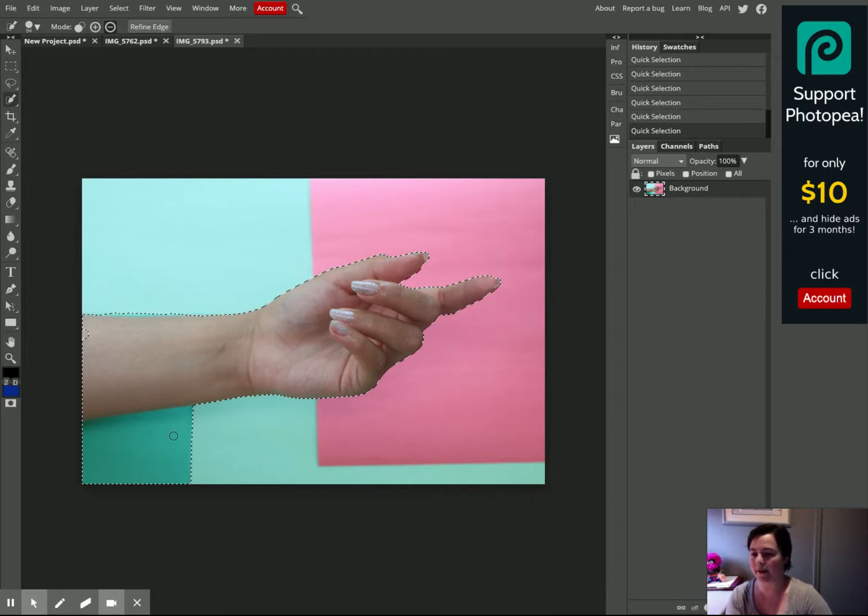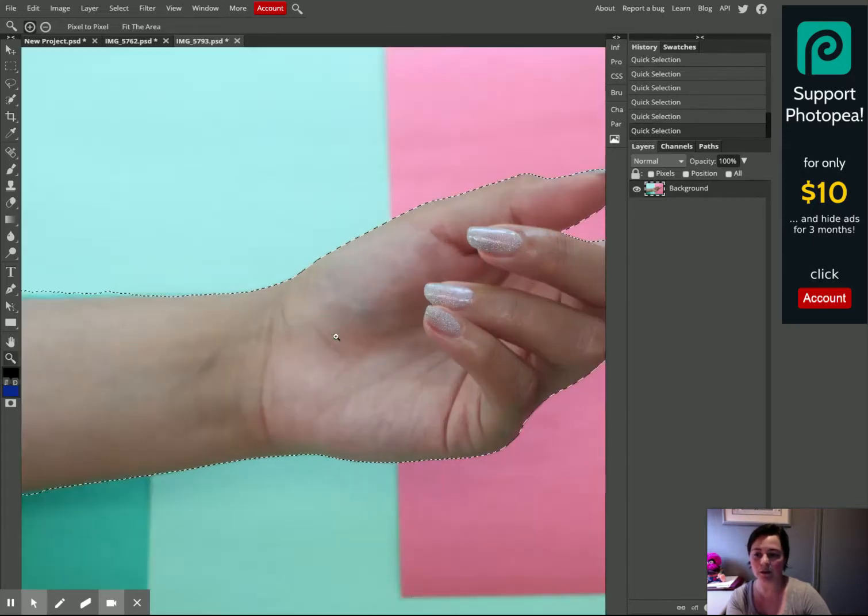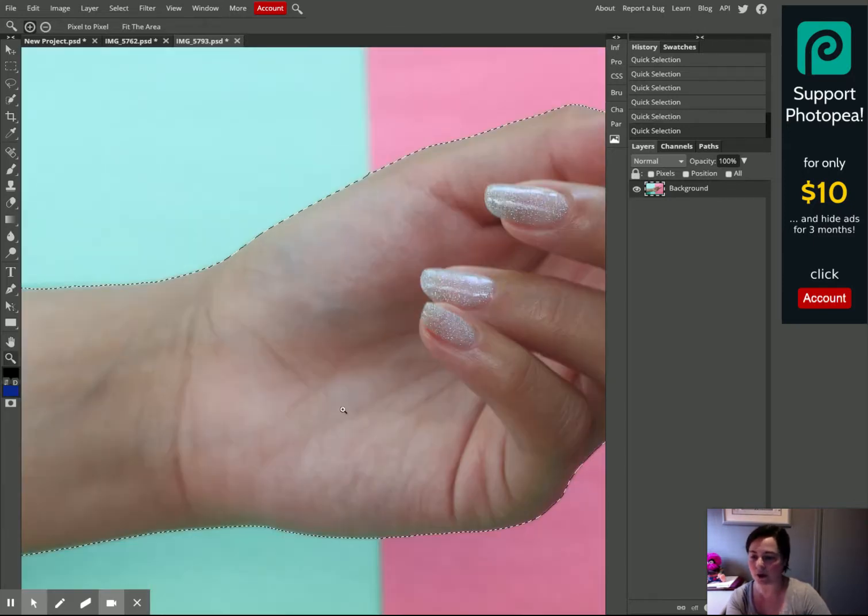Okay, now I have to go over here and get rid of that. That was much easier. I just clicked once and that whole chunk went away. Right here, I'm going to fix this up by clicking on the plus sign and just clicking once. And there we go. I'm going to zoom in so I can use my magnifying glass to check my work. It looks pretty good, but I'm going to use the hand tool